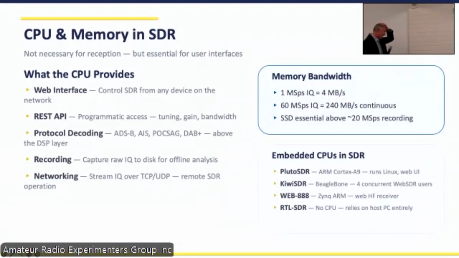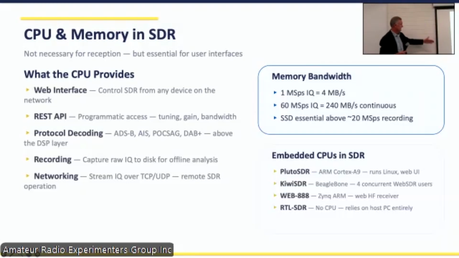So the next part is we find CPUs and memory in the SDR. Being able to take information out of your FPGA and present it in different ways has become very important. Some of the FPGAs now have single core and multi-core ARM chips as a part of it. The RX888 is a great example of that. It's got it built into the field programmable gate array, which means that data can move very quickly between your CPU and the mathematical calculations.